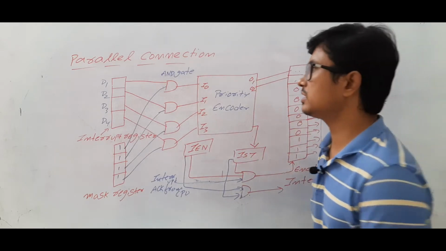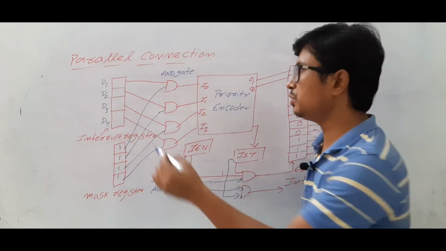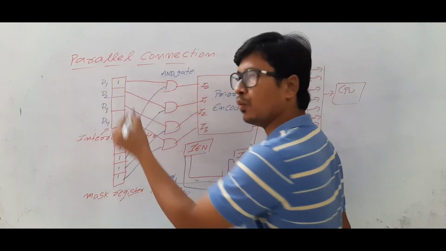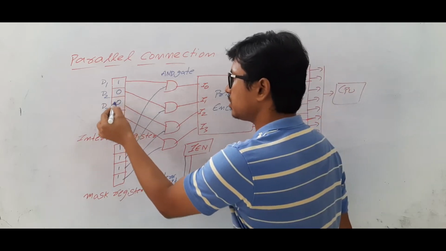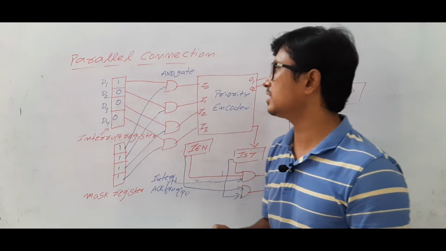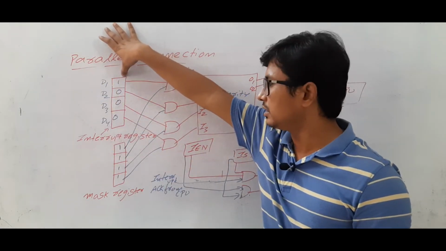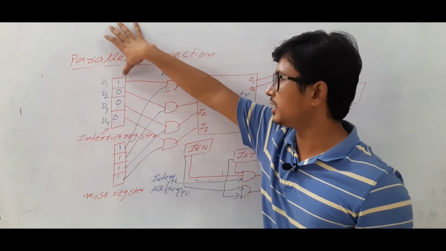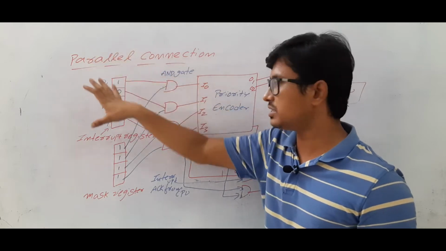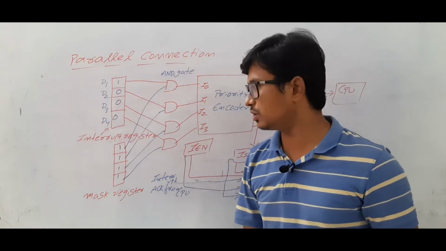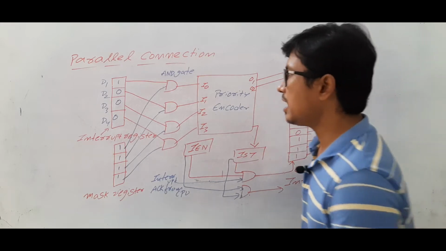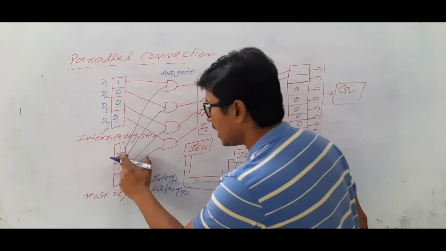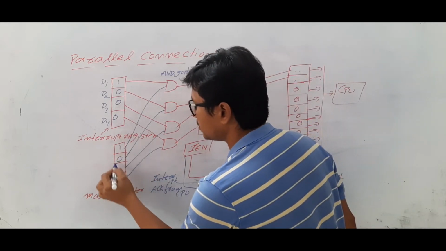Now let's take that device 1 wants to communicate with the CPU. Then what will it do? It will keep its bit as 1 and all other devices are 0. Right now they don't want to communicate. Let's take that device 1 alone wants to communicate. Initially the mask register is all ones, and now device 1 wants to communicate, so it keeps this bit as 1 and the other devices, which do not want to communicate, have the value 0. Then what will happen to the mask register? As device 1 wants to communicate with the CPU, its value will be 1 and the rest of the values will be 0.